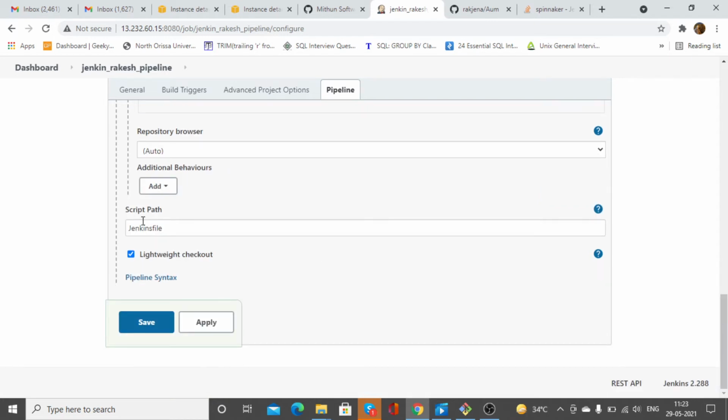And if it is not git, we might have put the path here, but as we have already put the URL for that git path, no need to put any path here, only you need to put the file name, and this is Jenkinsfile. So that's it. Click on apply and save.